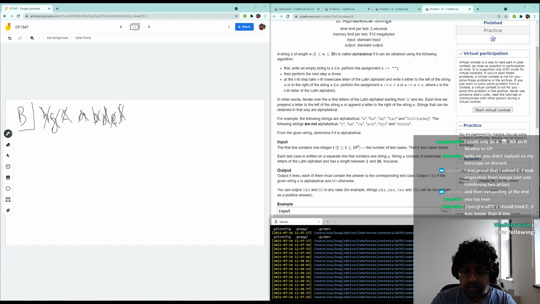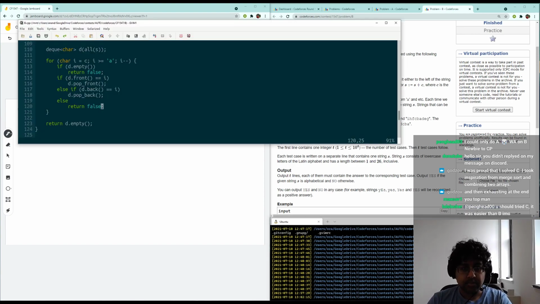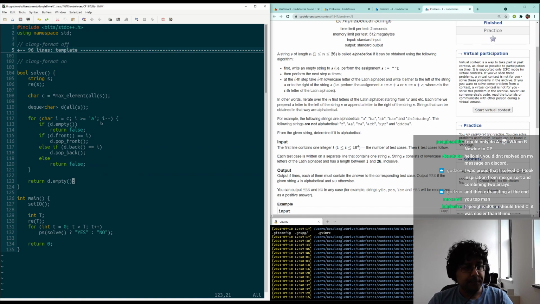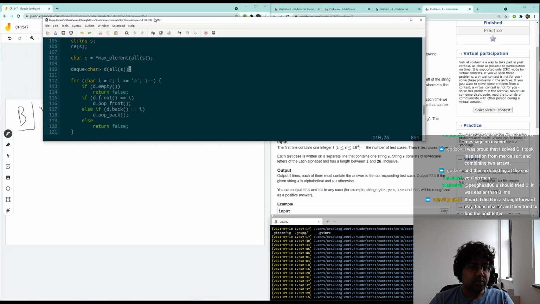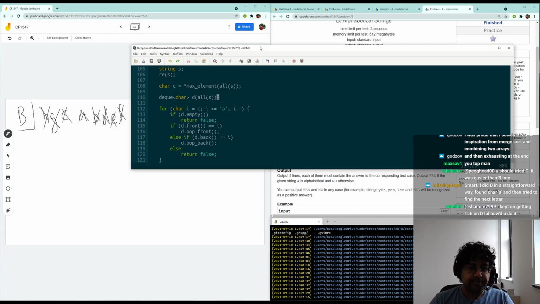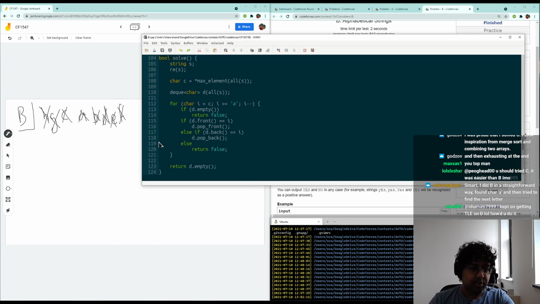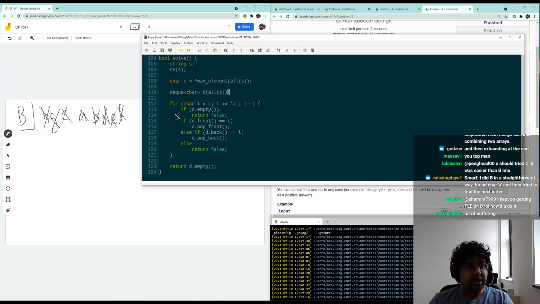So let's look at the code. The code here is pretty simple. We figure out what the outside element should be, which is the largest element. And then here I used a deque. It's actually not necessary to use a deque here, but it makes the runtime a little faster. In this case, it actually works either way. But then what we do is, once we found the largest element, which in this example that I wrote out would be h, then